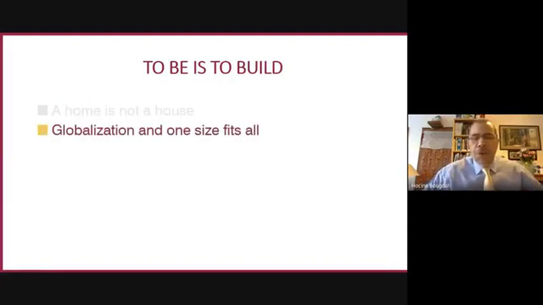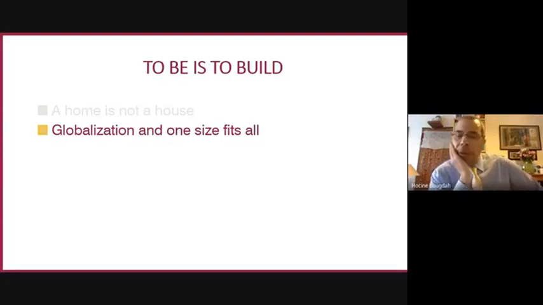Then the yellow is globalization and what I call one size fits all, which is really, we've gone from international modern style to a global style where wherever you go, you find the same architecture, or if you can call it architecture, the same buildings going up everywhere. Next, please.